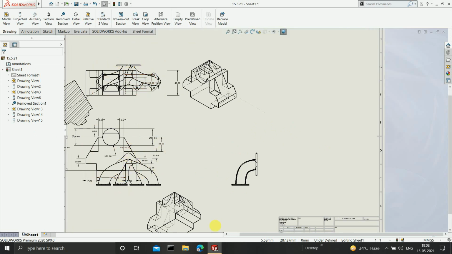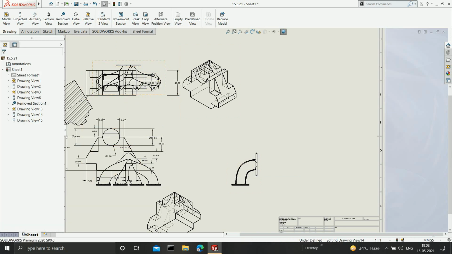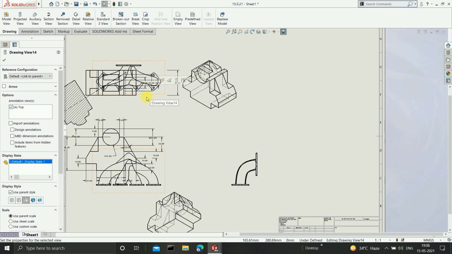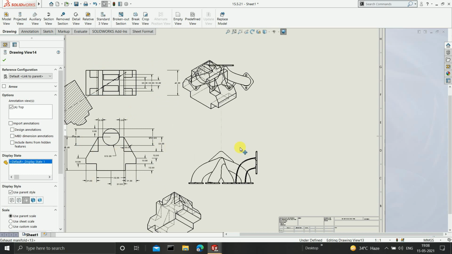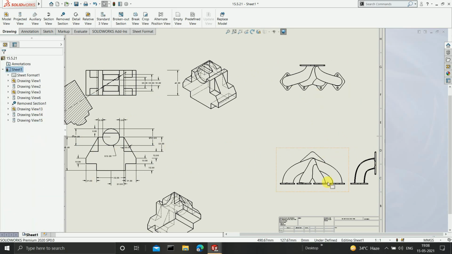the top view, and the right hand side view. So the simple meaning of standard 3 view is that, wait, I'll shift this so that you all are able to properly observe it. So here you can see that I have got a front view, the top view, and a right hand side view.